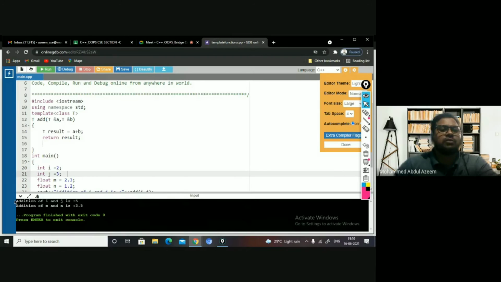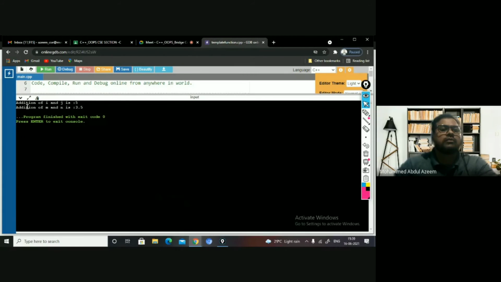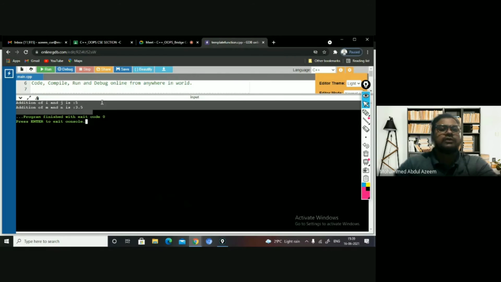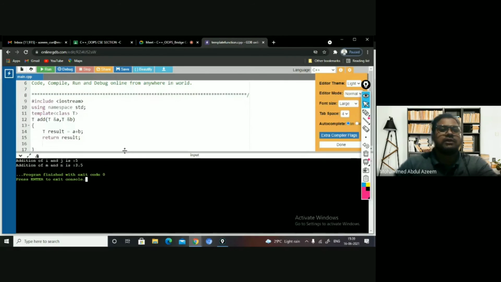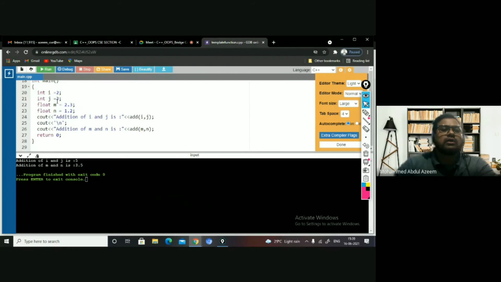So you can see the output here. Can you see the output here? Yes, the first one is integer addition. When you are calling add of i comma j, where i value is 2 and j is 3, 2 plus 3 is going to be 5 here.